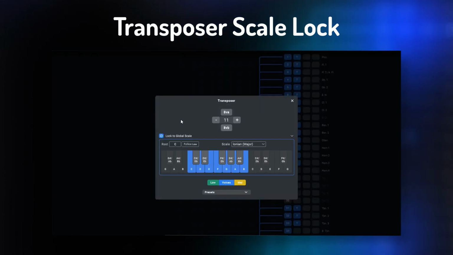You can choose from a list of scales or create your own scales on the keyboard display. And there are a couple of additional twists to this that we'll have a closer look at in a dedicated video. But hopefully you're starting to see how powerful this feature can be, both for inspiration and quick results.